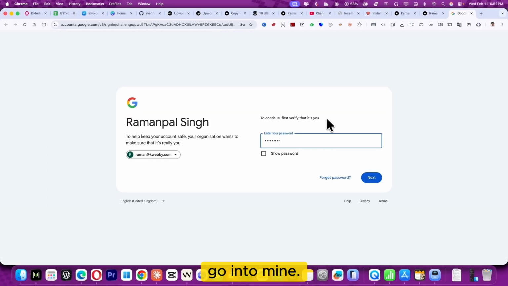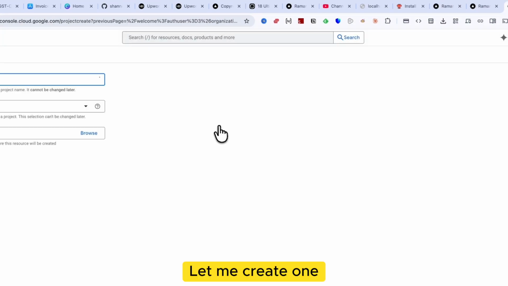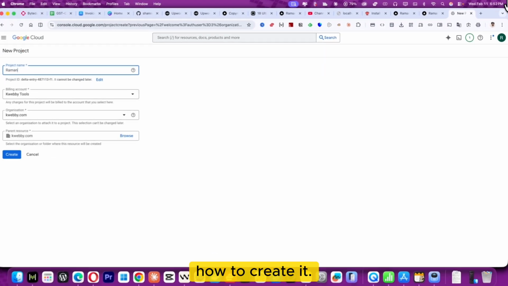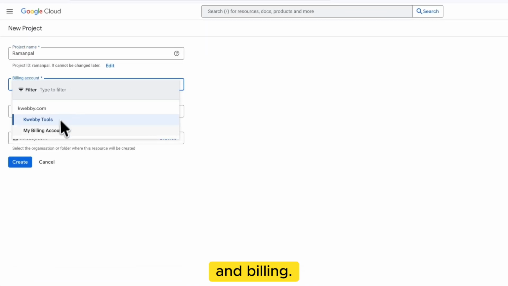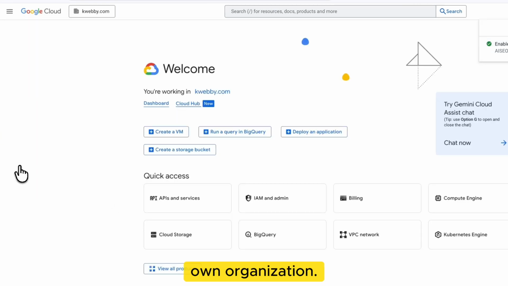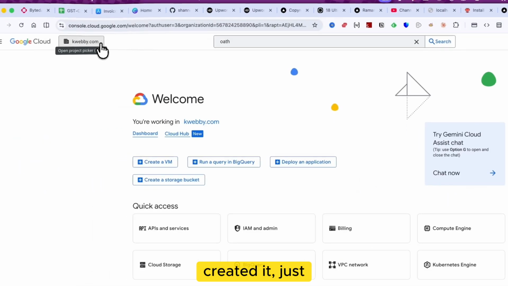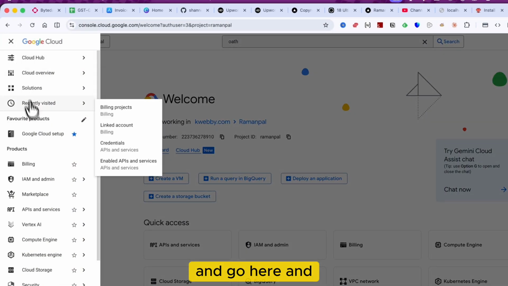Let me just go into mine. Here you need to create a new project. Let me create one and show you how. For example, the project name is Roman Pal, and you need to select the billing. Let's add my billing here. The organization will be this, or you can create your own organization. Click on create, and after you have created it, just select your project, which is this, and go here and